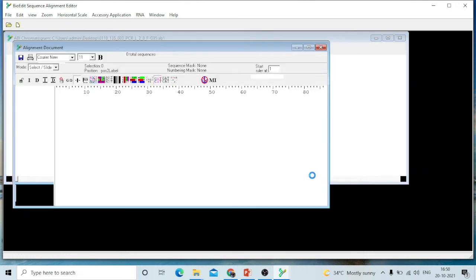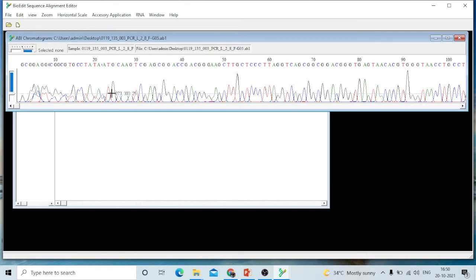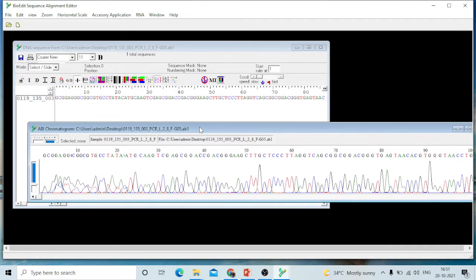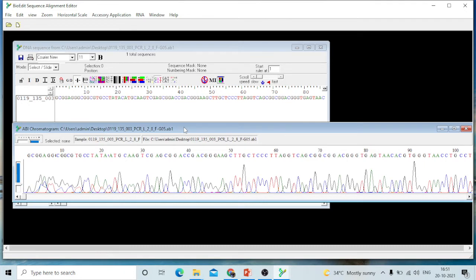Whatever chromatogram you get from your company, see here, these are the peaks which represent the different bases. Now definitely for the assembly purpose, I need ATGC, not these peaks. BioEdit can perform this task very easily.